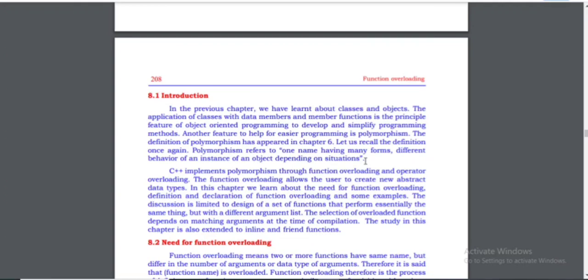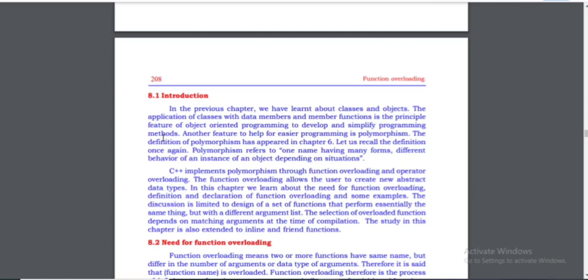You can use the same fruit for juice, or if you want to prepare some salads, like that. The same instance is going to act differently based on the situation. That is polymorphism. Here you can see the features of object oriented programming used in order to develop and simplify the programming methods.